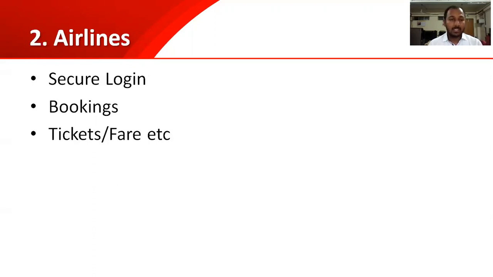So without database, it is very much difficult to manage online airline system. Because booking, if it is coming into picture, it is online. Because you cannot imagine there is a queue for booking of flight. You never see that, right? So it is there for trains, but it is not there for the airlines. Even IRCTC, PhonePe, Google Pay, everyone is now giving the booking of airlines as well as railway booking.